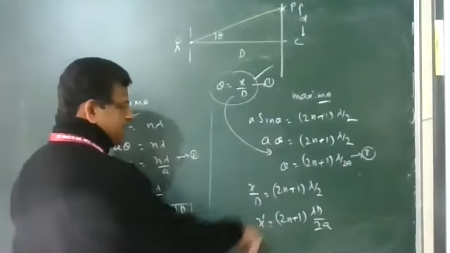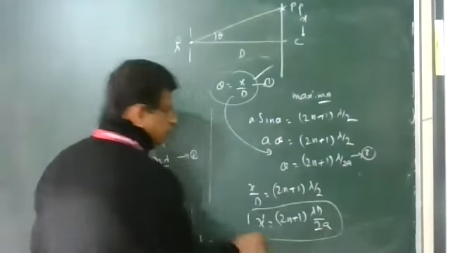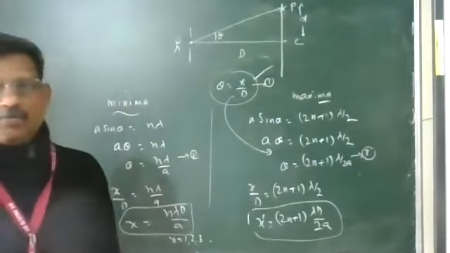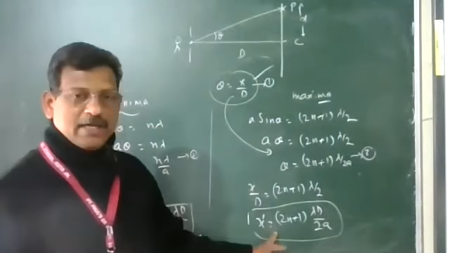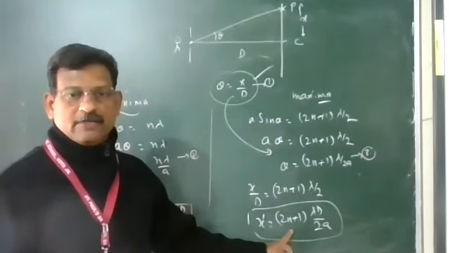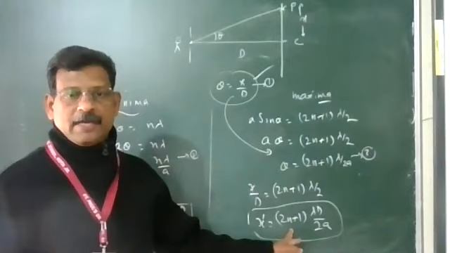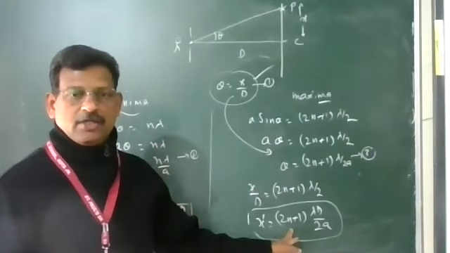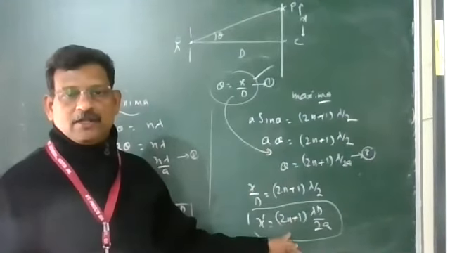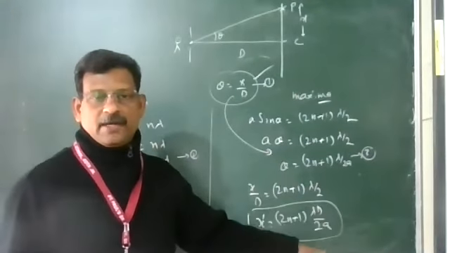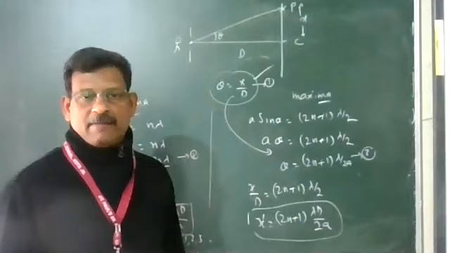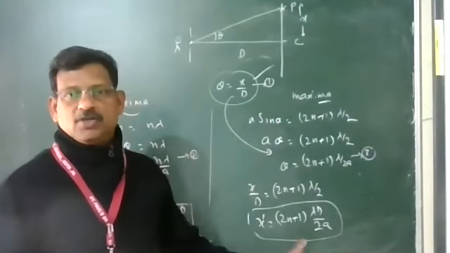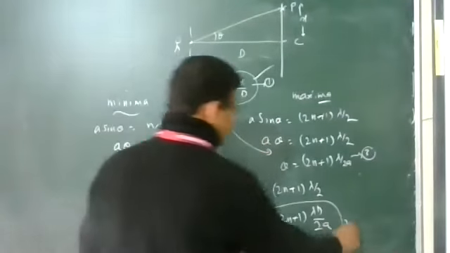So to recognize an exact sign is just to recognize the positions of the maximum. When n equals 1, you will get the first maximum; n equals 2, the second; n equals 3, the third, etc. For the first one, what is the value? 3 lambda D by 2a. For the second, 5 lambda D by 2a. Like this it goes on.